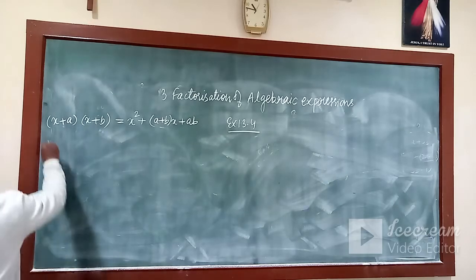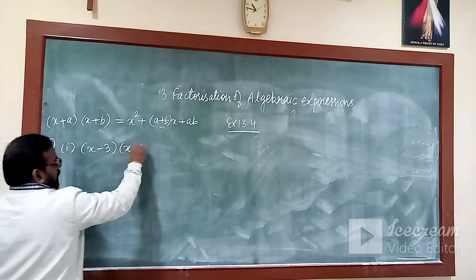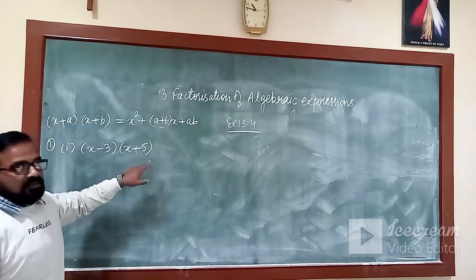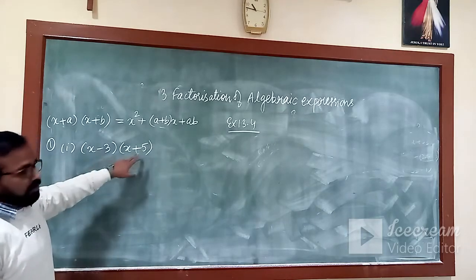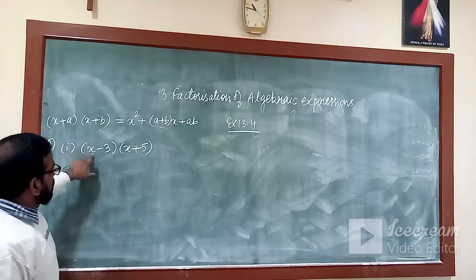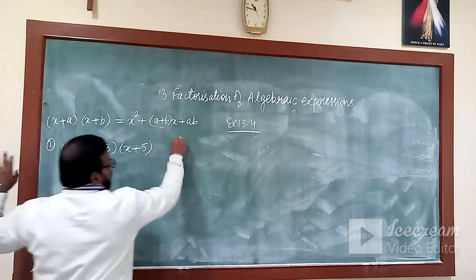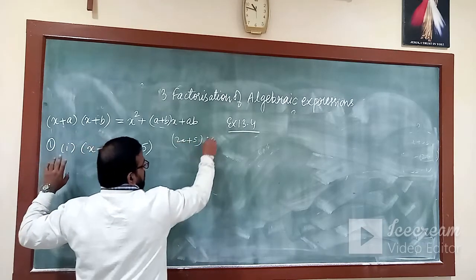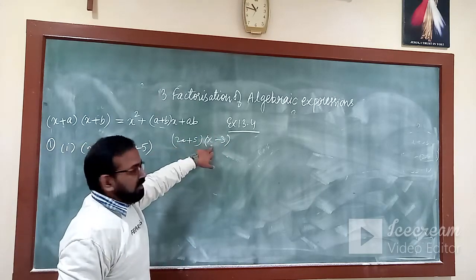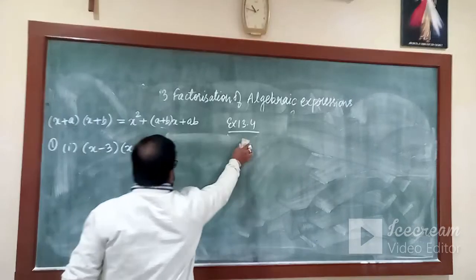Okay, we will see the expression using a few questions. So suppose a question is there: (x minus 3)(x plus 5). Previously, how were you multiplying? You were multiplying it using the column method or row method. Now what we have to observe is that the coefficient of x should be the same. If it is written as (2x plus 5) into (x minus 3), then you cannot use this expansion because here this is 2x and x. So the coefficient of x should be the same, which we can easily see it is here.